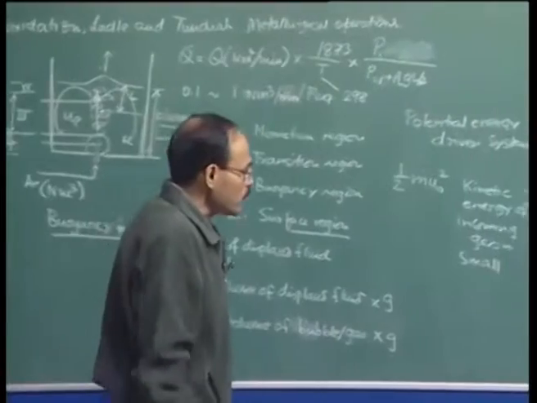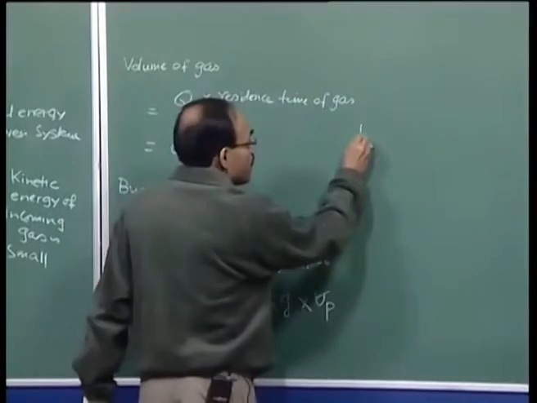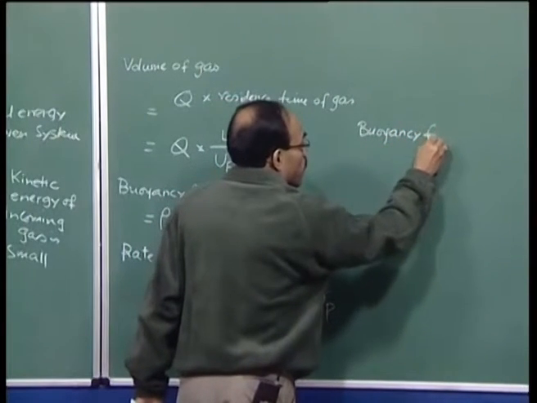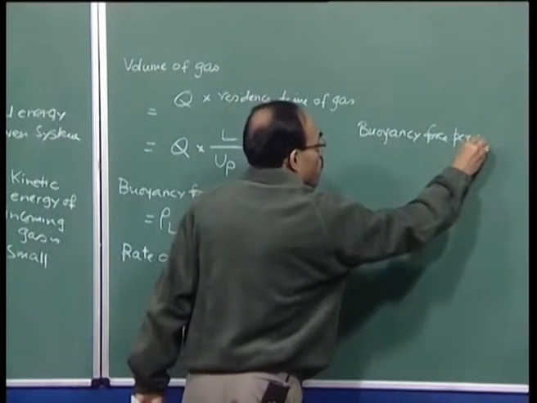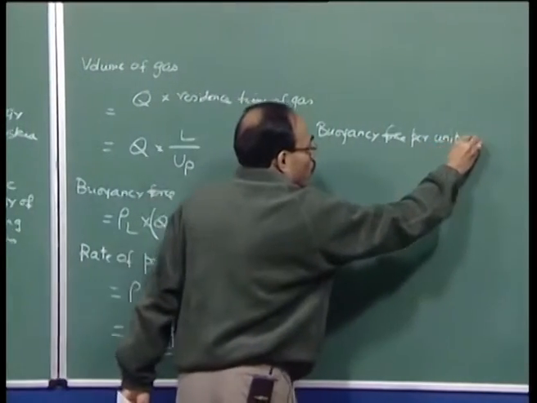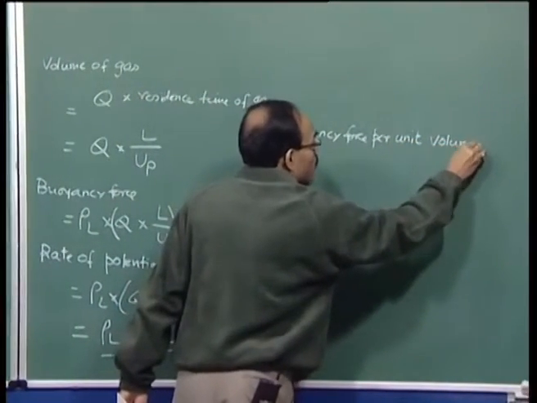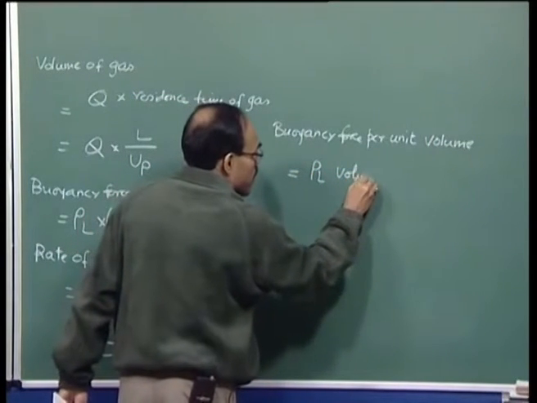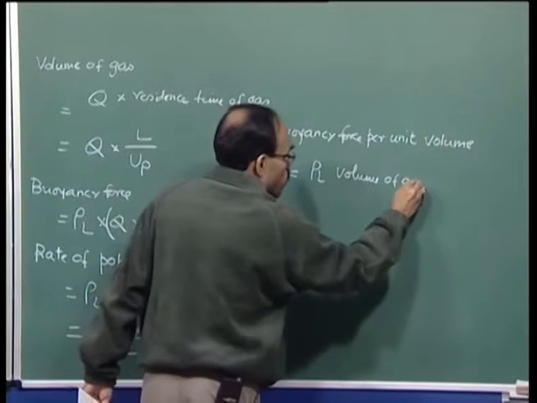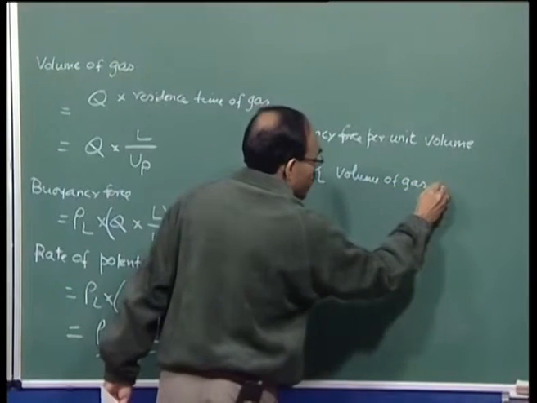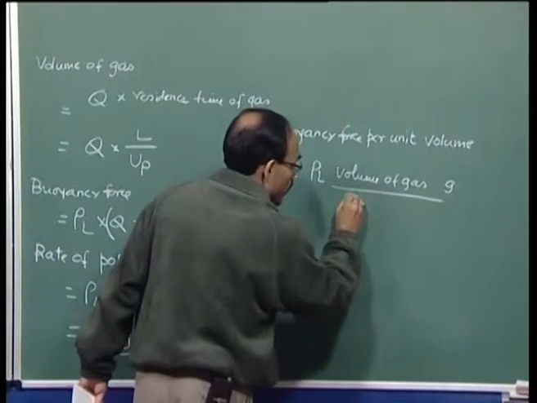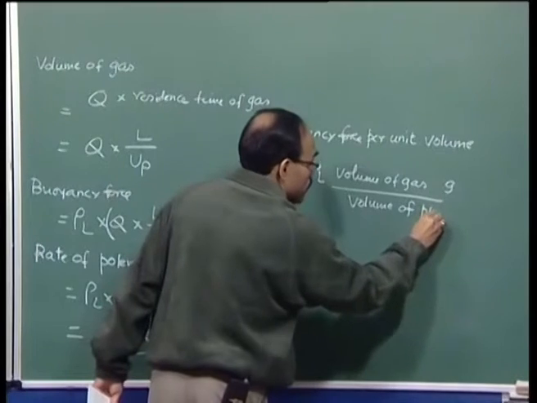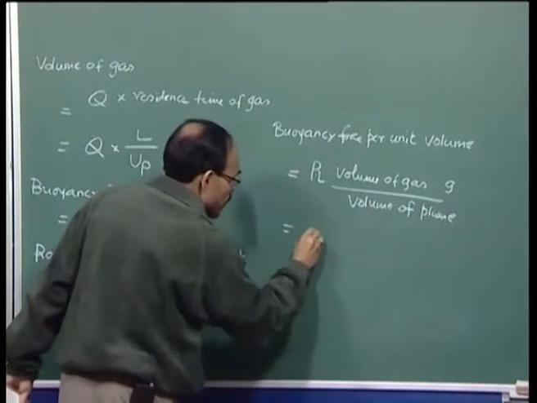Now the buoyancy force per unit volume, I can also deduce buoyancy force per unit volume. Per unit volume means per unit volume of the plume. So I have rho liquid, I have volume of gas, and multiplied by acceleration due to gravity divided by volume of plume, and this